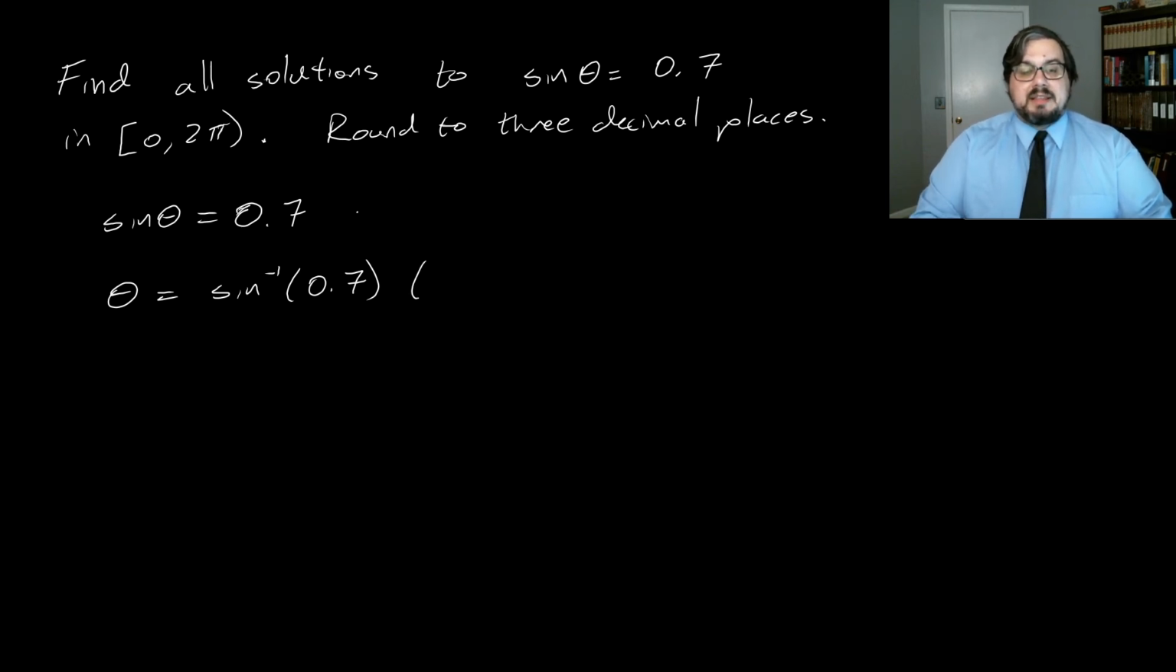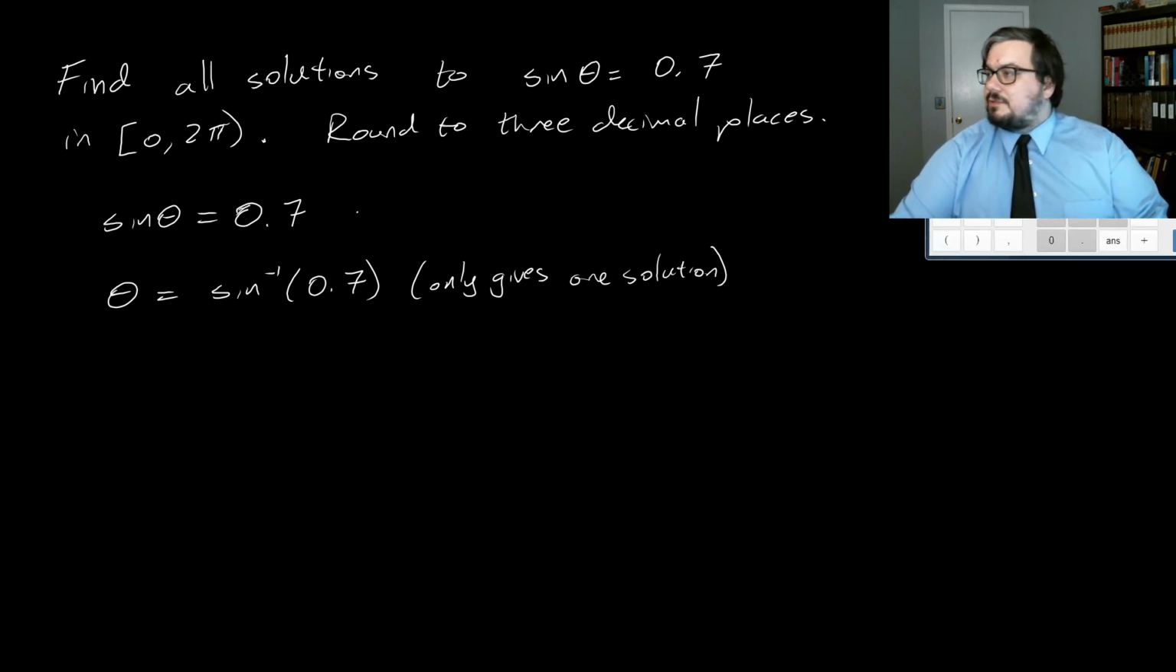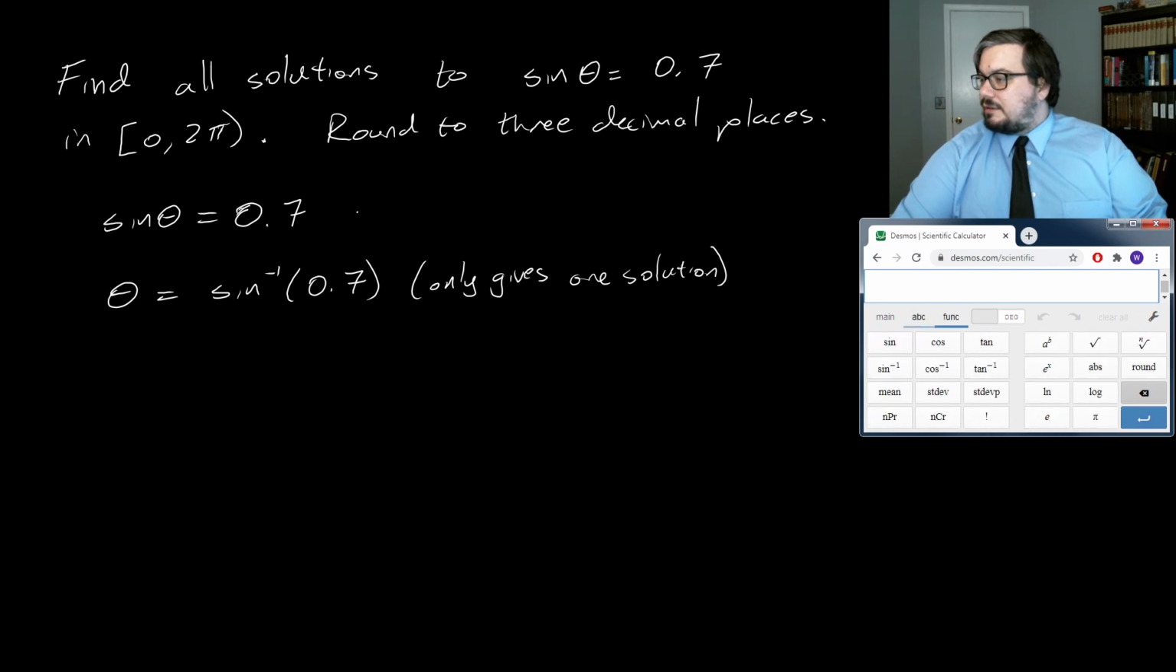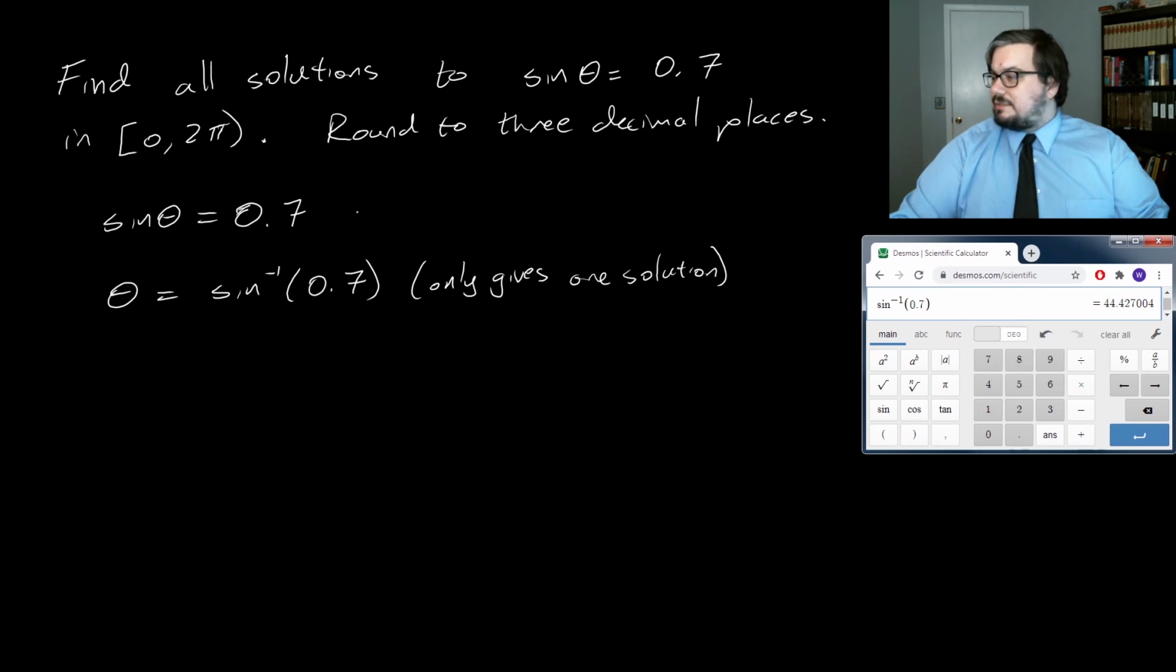Now, it's important to note that this will only give one solution. There are often multiple solutions to a problem like this, and so we'll talk in a second about how to get the other solution. For now, let's look at how we actually evaluate this. If you have a scientific calculator, every scientific calculator will have inverse sine, cosine, and tangent. So you can write inverse sine of 0.7, close parentheses, and you'll see that for us this gives